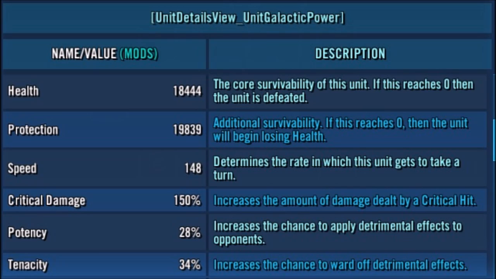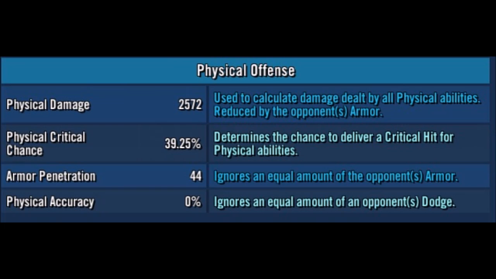She has a lot of potency, which doesn't make sense because she has no debuffs, but her tenacity is at 34%, which is on the higher side as well, so she's going to be able to withstand all those debuffs that get placed on her as well. So you see she's got 40% physical crit chance. That is a lot. She's going to be hitting hard, she's going to be hitting fast,